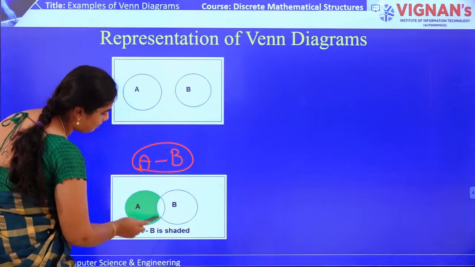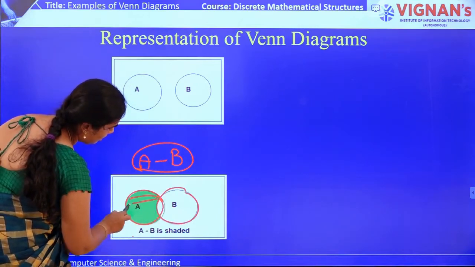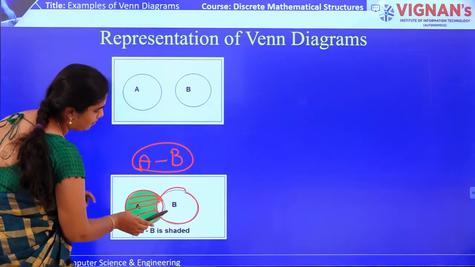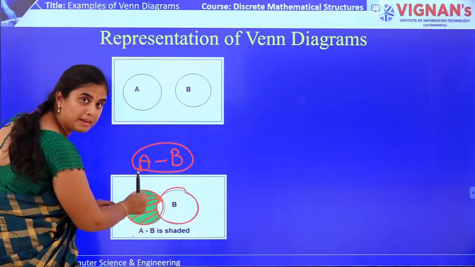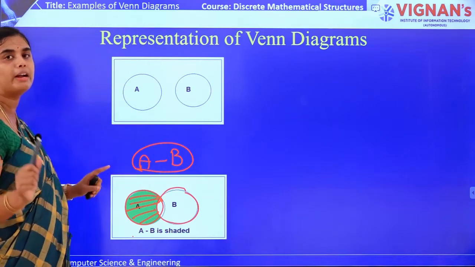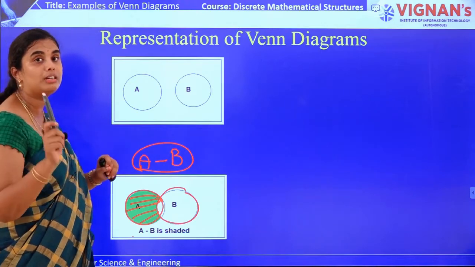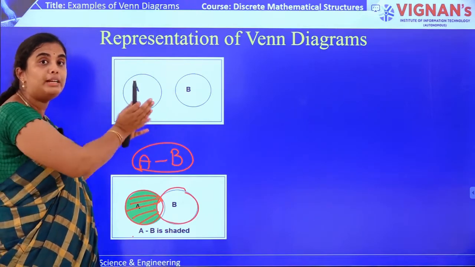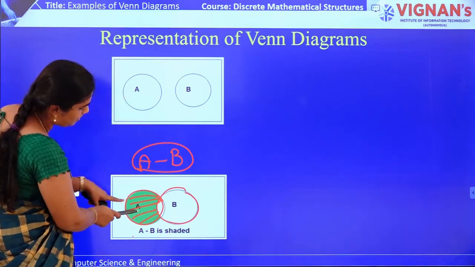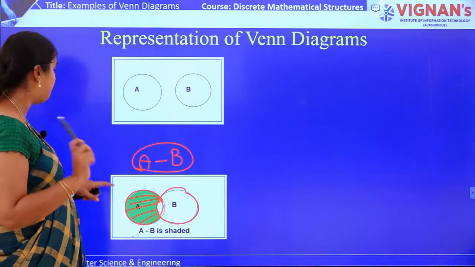If you see this diagram, this is the set A and this is the set B, and I have shaded only the part of A. You will be getting a doubt like, madam, why haven't you shaded this area? Because whatever elements are present in that area are also present in set B. But according to the basic definition of difference between two sets, it should contain the elements which belong only to the former set, that is, only to the first set. If it is A minus B, then it should be shaded only in this way, but it should not cover any of the elements of set B.